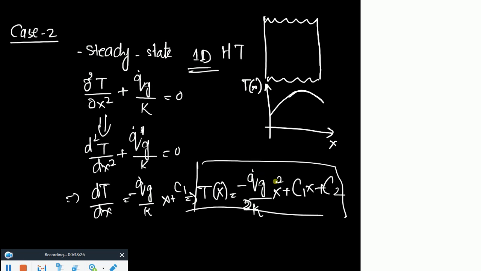Now I hope you understand how you apply the boundary conditions to find these C1 and C2. Done? Okay. Now this is how you can solve. We are done till this point. We are done with